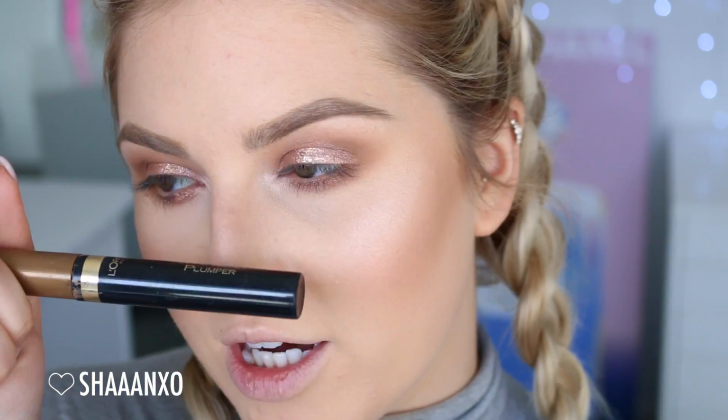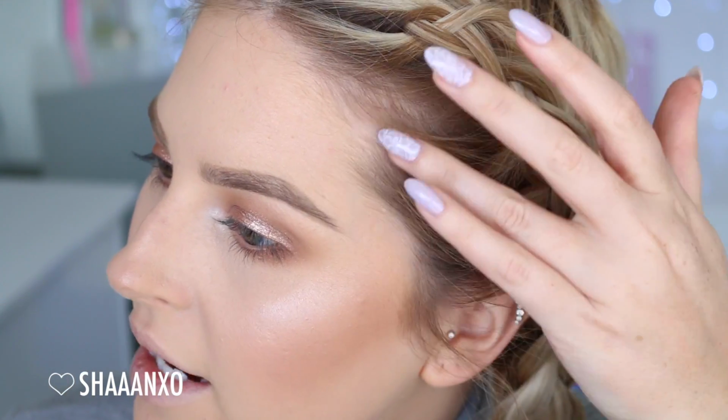I'm going for quite a thick eyebrow today apparently. That wasn't really purposeful, but I'm just gonna roll with it. And then I'm just using some L'Oreal Brow Plumper. As you can see, my natural hair